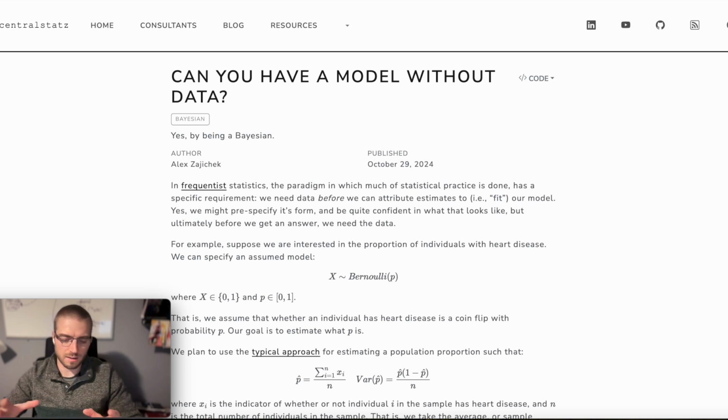And so when I start with no data at all, and then I start adding samples, the transition from no data to some data is actually pretty smooth. There's not some huge gap between those two things. If I add n equals 1 to my Bayesian model, depending on what the prior distribution is, it's going to have probably some negligible effect on those posterior estimates. But it's still going to be a perfectly valid model. And now as I add more and more, the data is going to influence that prior more.